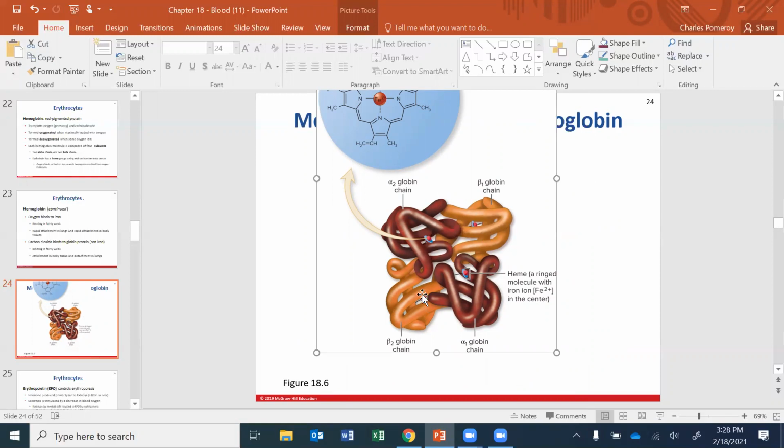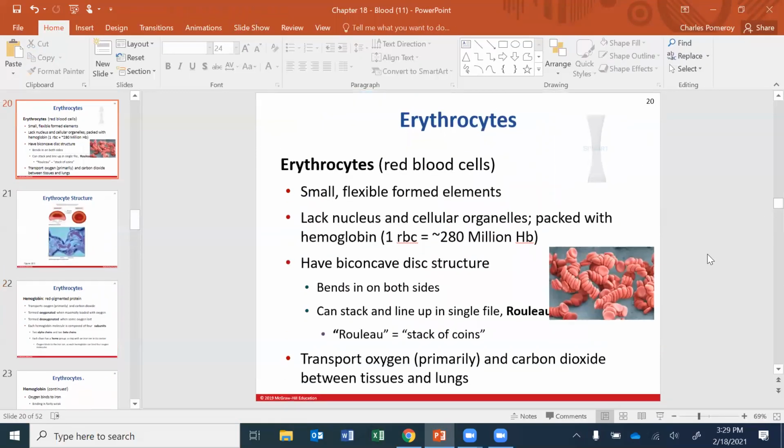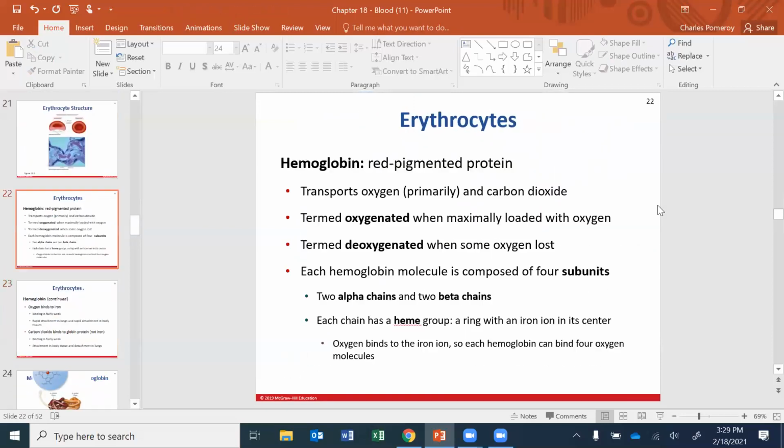But this right here is a heme group. Each protein subunit has a heme group, and that's what oxygen binds to. It binds to the heme group, and more specifically, oxygen binds to iron